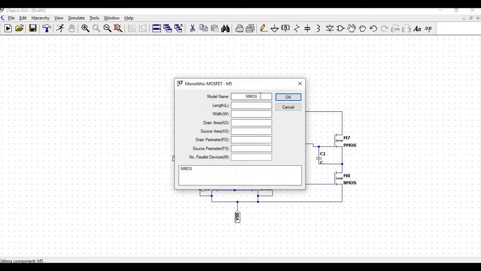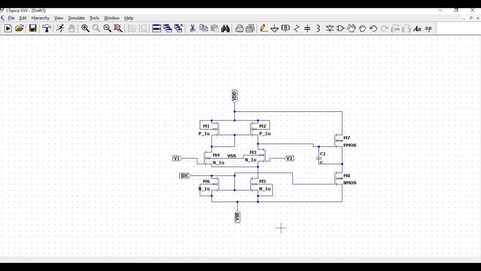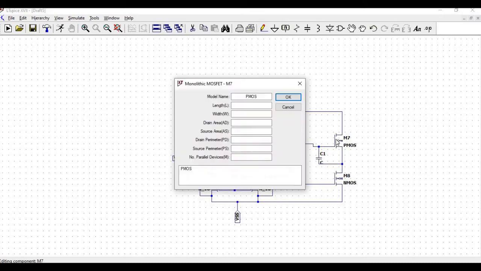Similarly, for transistor number 5, N_1 micro, length as 1 micro, width as 4.5 micro. Click OK. Now for the transistor number 7, right click, define the model name as P_1 micro, length as